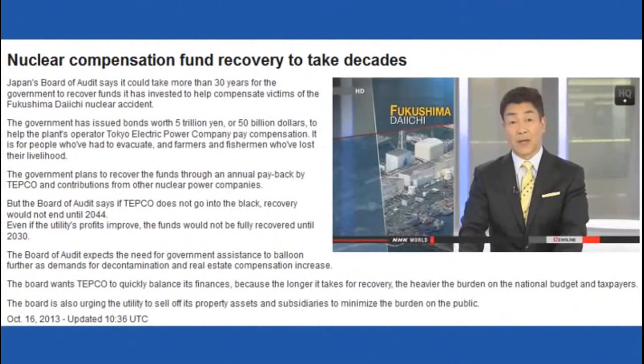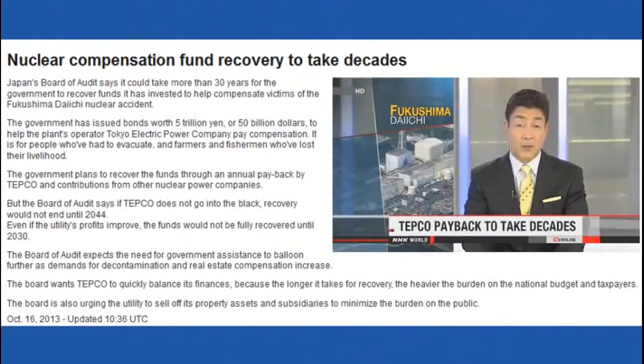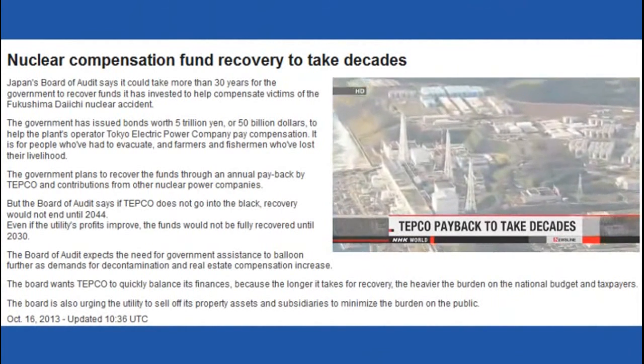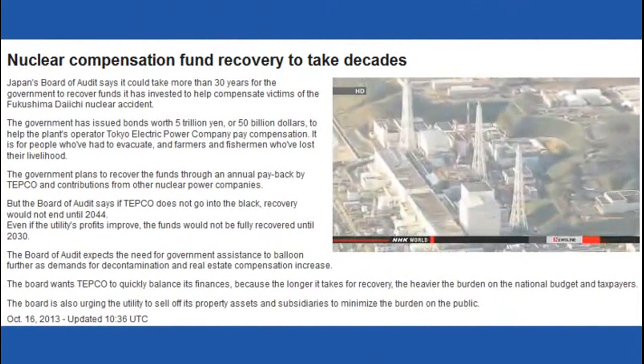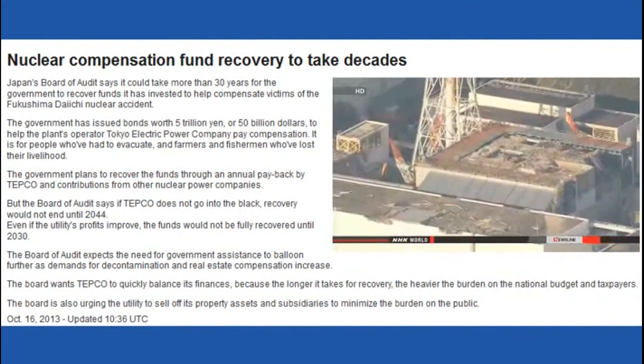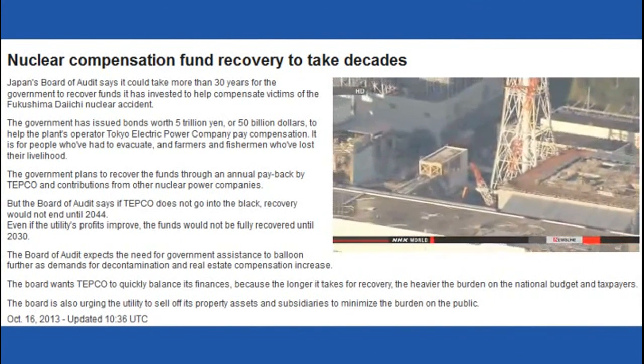The Japanese government has lent billions of dollars in compensation money to the operator of the disabled Fukushima nuclear plant. Officials now estimate it'll take decades to recover it. The government has issued about $50 billion worth of bonds to Tokyo Electric Power Company. The money is being used to compensate people who've had to evacuate their homes and farmers and fishermen who've lost